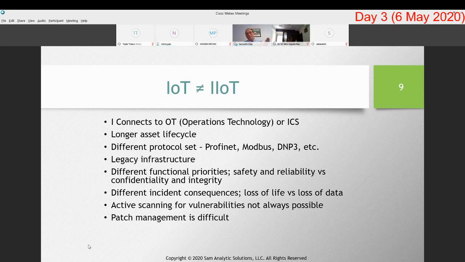And these assets are much more expensive than the traditional consumer ones. The protocols typically used for standard IoT could range from TCP/IP to USB, Bluetooth, and so on. Whereas for IIoT devices,